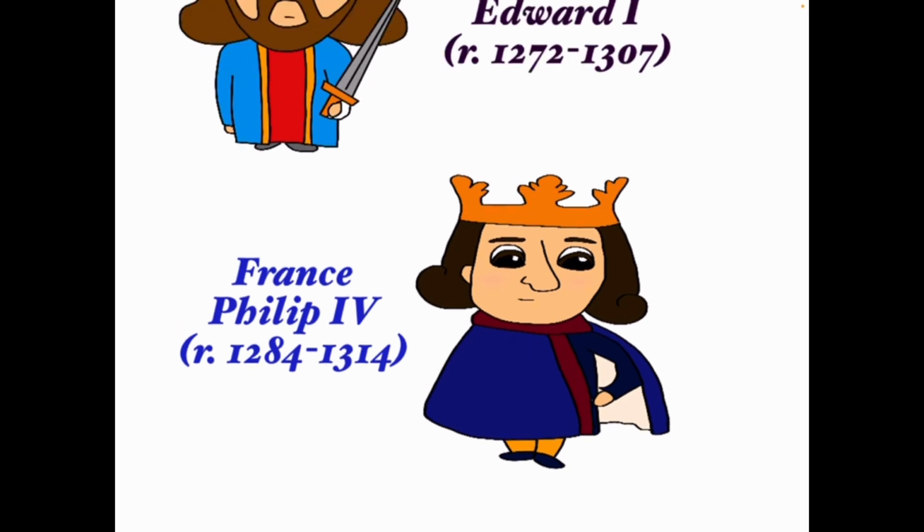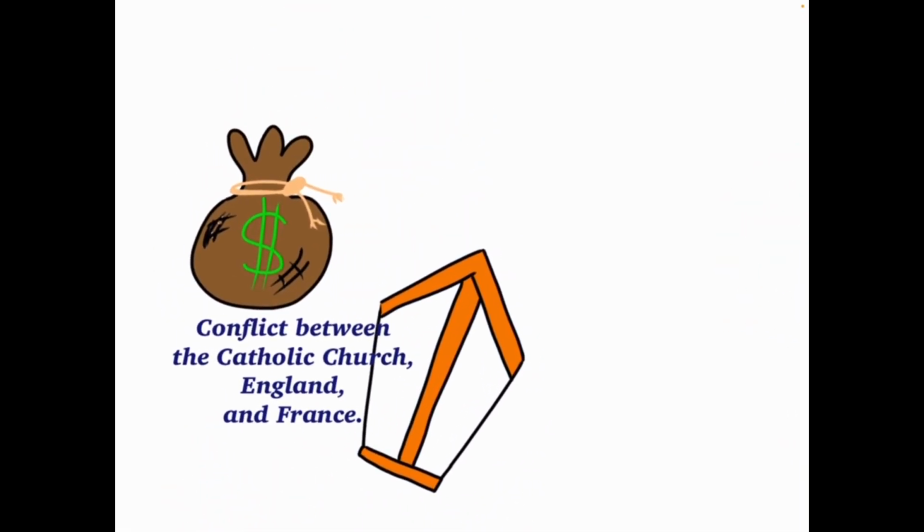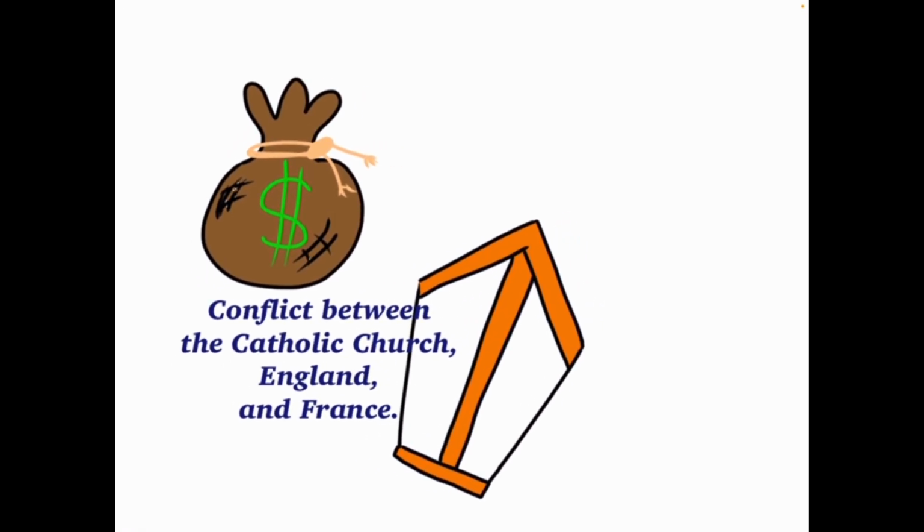There ends up being a lot of conflict between Philip and the Pope over a large period of time. Eventually, Philip is said to have sent some people after the Pope to kidnap him. And after the Pope was kidnapped, the Pope had people come to rescue him. But within 3 weeks, the Pope died. Some people think that this stress on an elderly Pope caused him to die. But nevertheless, the Pope is gone.